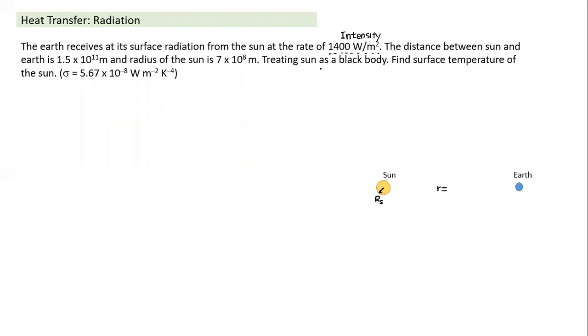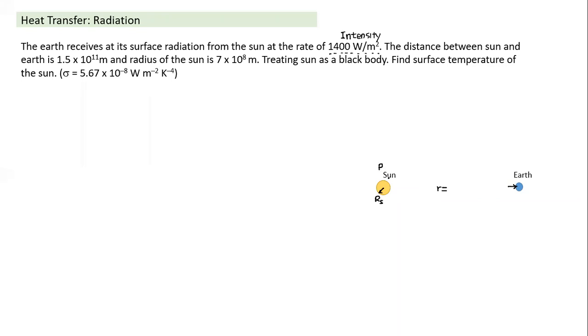So treating the sun as a black body, based on this information and assuming that the Stefan-Boltzmann law is correct, can we calculate the temperature at the surface of the sun? Let's do that, and we work back here. What is available? We know the intensity on the surface of Earth. From the intensity at the surface of Earth, we have done it earlier, we can calculate